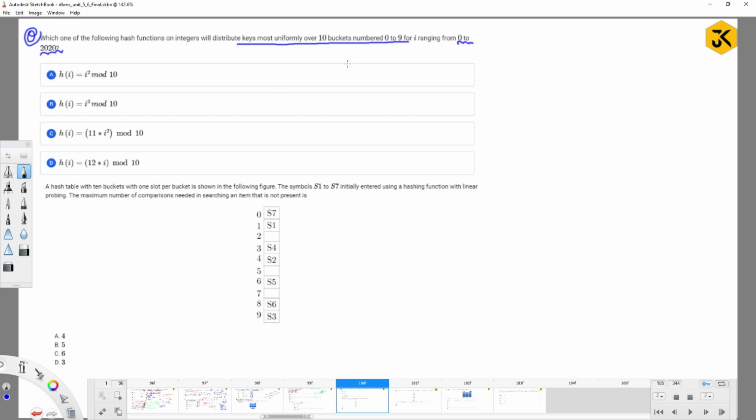They have simply given a hash table having 10 buckets, ranging from 0 to 9, and the keys are from 0 to